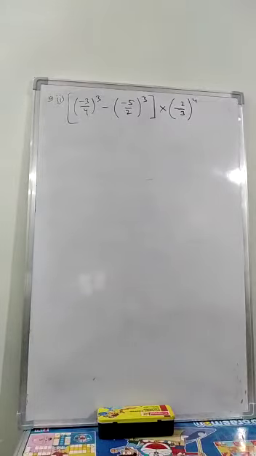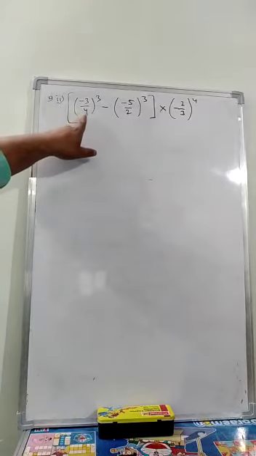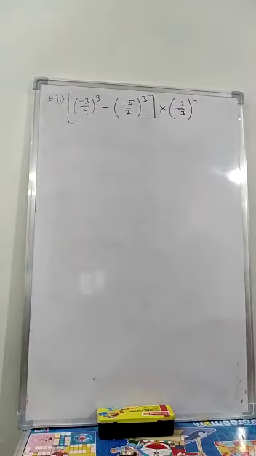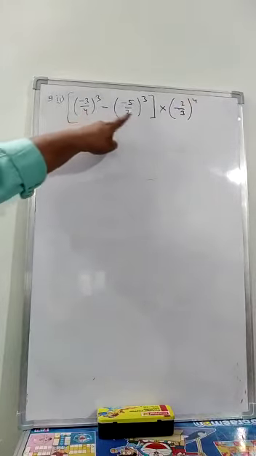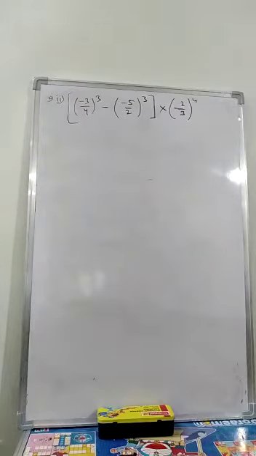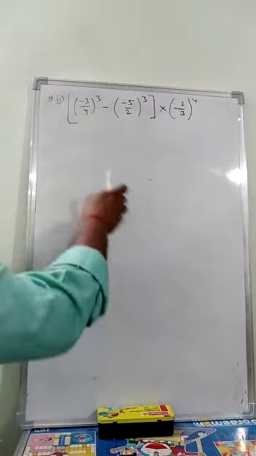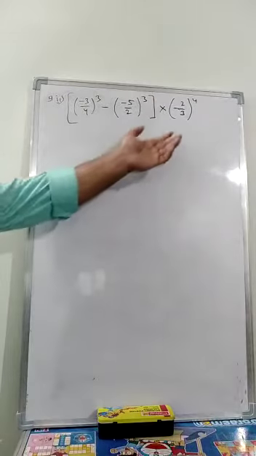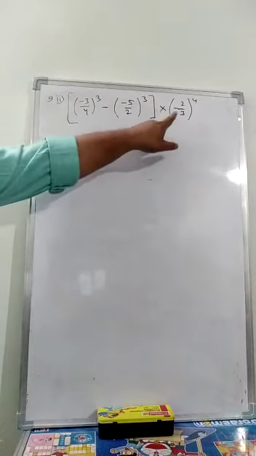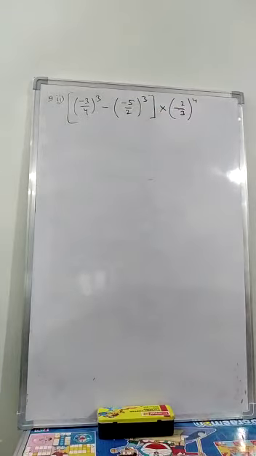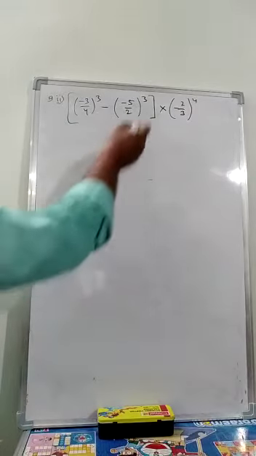Now see this question. Looking at this question, the bases are not the same, and we can't use the laws of exponents here because there is a negative sign in between. So according to BODMAS, first I will solve this square bracket, and then I will multiply minus 2 by 3 whole to the power 4 with whatever we get after simplifying this. So let's start solving this part.